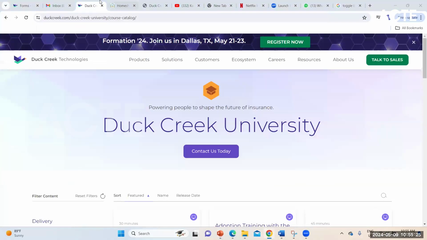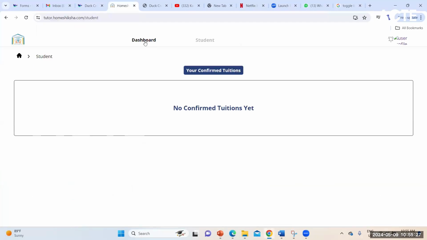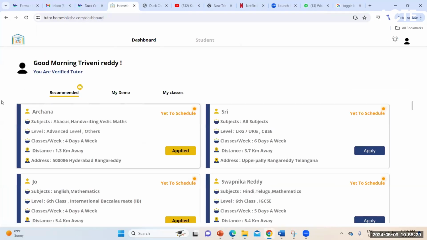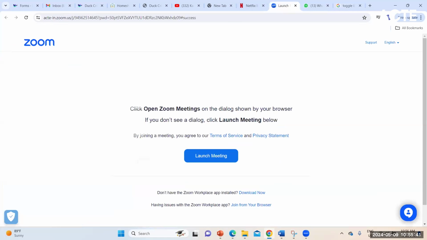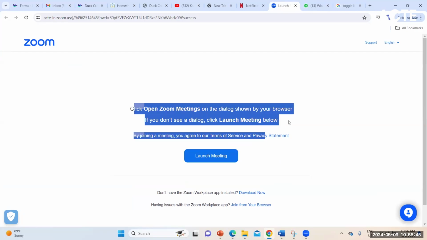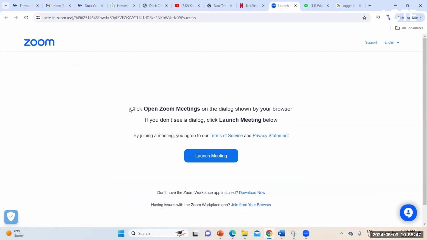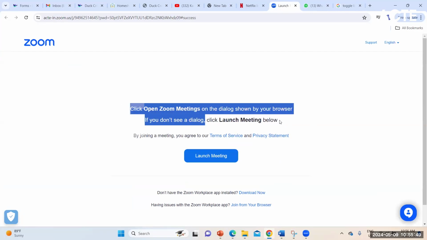This is one of the portals. See, this is called static content. This will be displayed by default no matter what when you open that particular Zoom link.